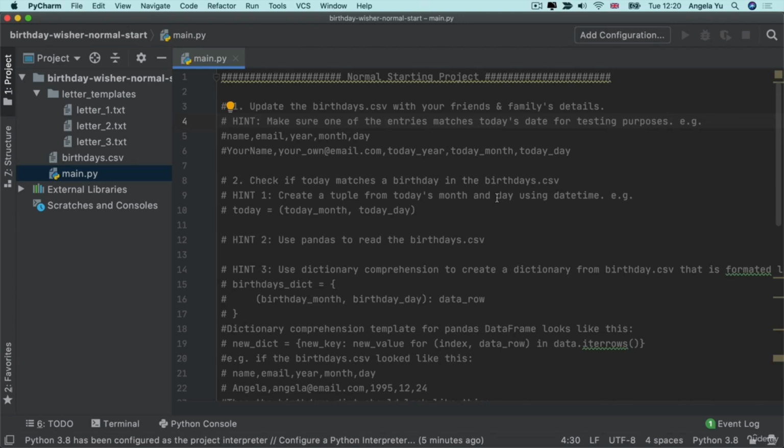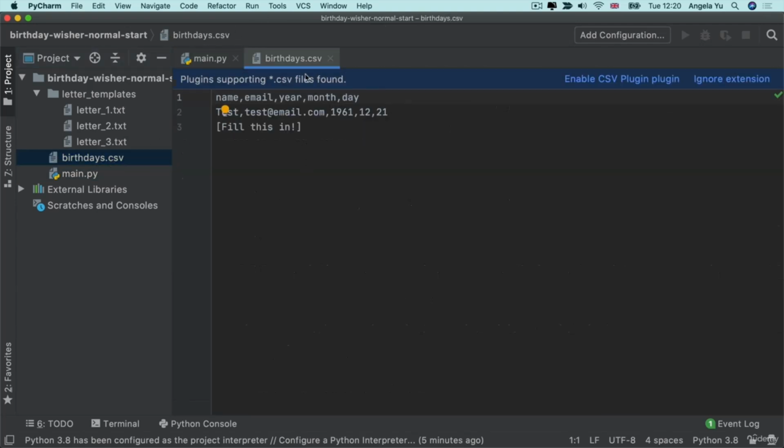So here I've got the starting file for the normal starting project, and I'm going to go through each of the lines line by line to create our final birthday wisher project. The first thing the instructions tell us to do is to go into this birthdays.csv and update this with some birthdays of our friends and family. So I'm going to replace all the data that's currently in here,